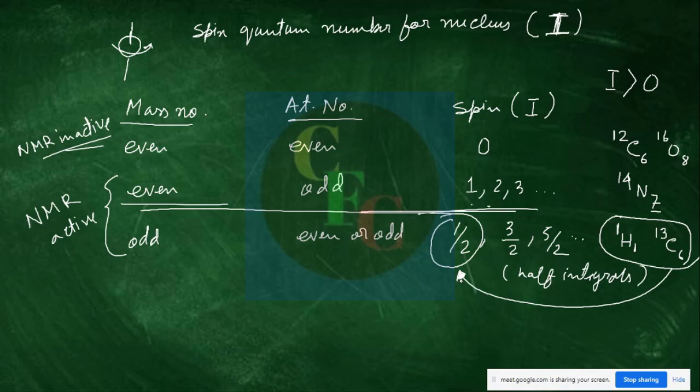Now what happens with this if we have a positive spin value or a half integral, right? Since this nucleus is charged, positively charged. Now this positively charged species is spinning. If it spins, it generates a magnetic field, right? And how is that generated? So if this is the axis of spinning, this field axis is coincident with this one, right? So this is again coincident like our earth.